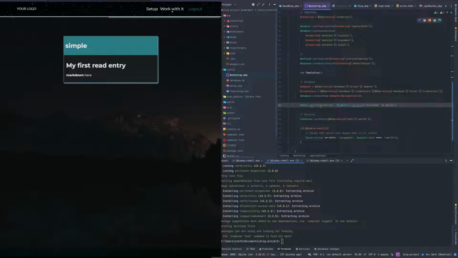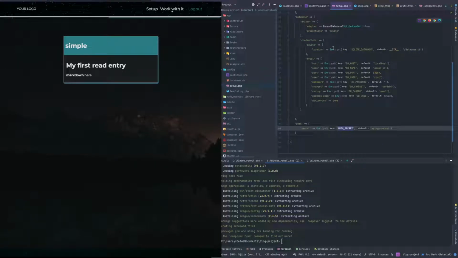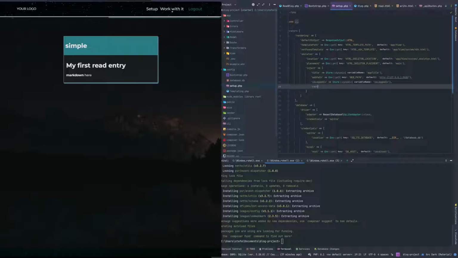Okay. And in my skeleton, oh, what are we packing in here? The inject. Oh, this is done in setup. Where's my skeleton? Here. I'm going to say entries